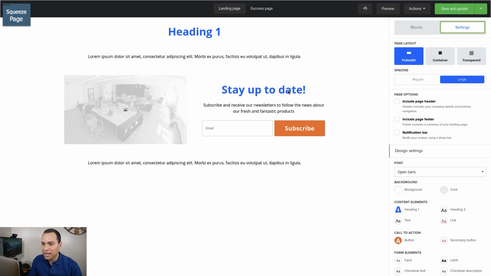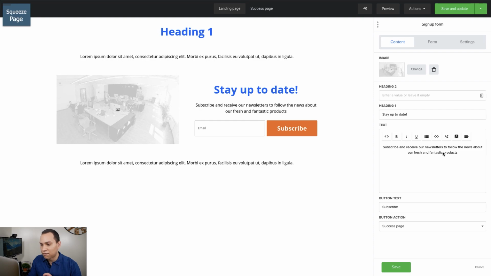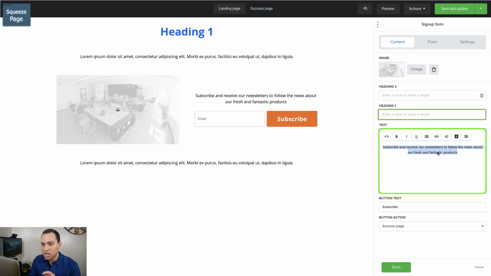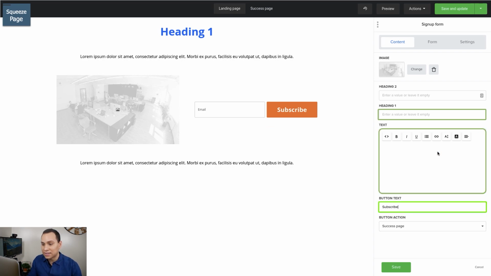So let's go ahead and mouse over here and edit our opt-in box. The first thing we want to do here is remove the heading and also change up this text. You can either include a little bit of text here, or what I'm going to do is just delete it, and then change the text on the button here to Access Now. And so we have a place for our image here, and we're going to have our sign up form.